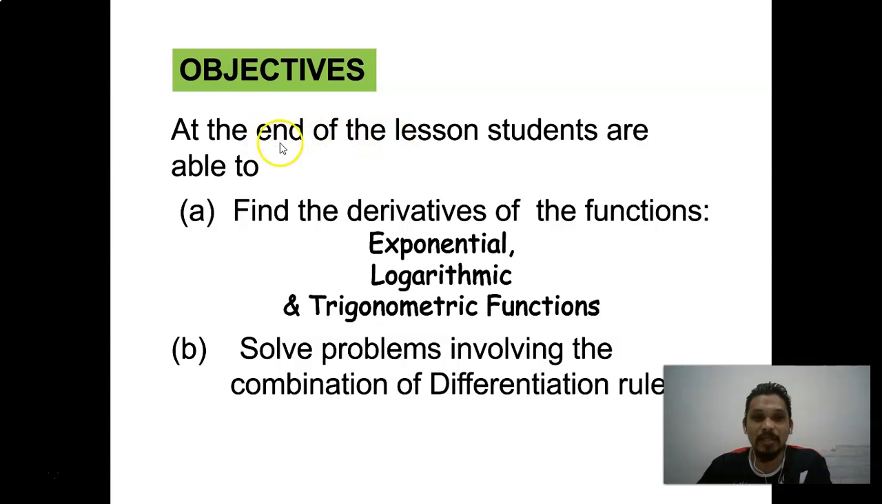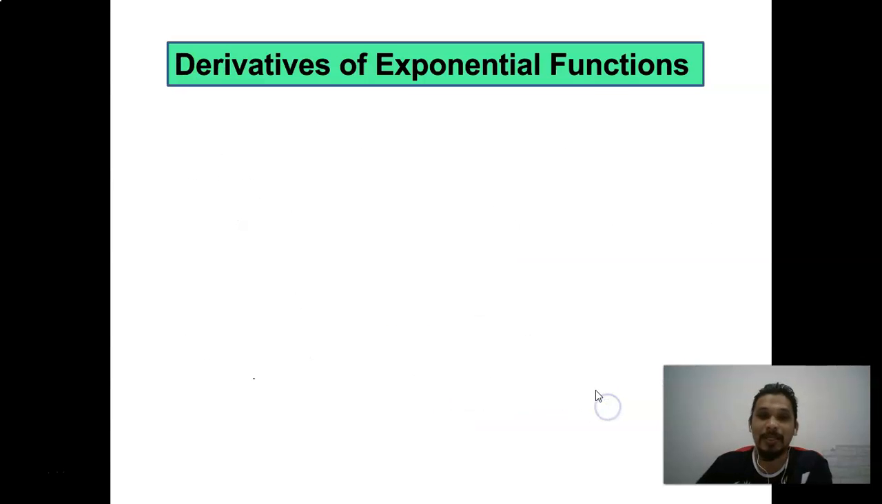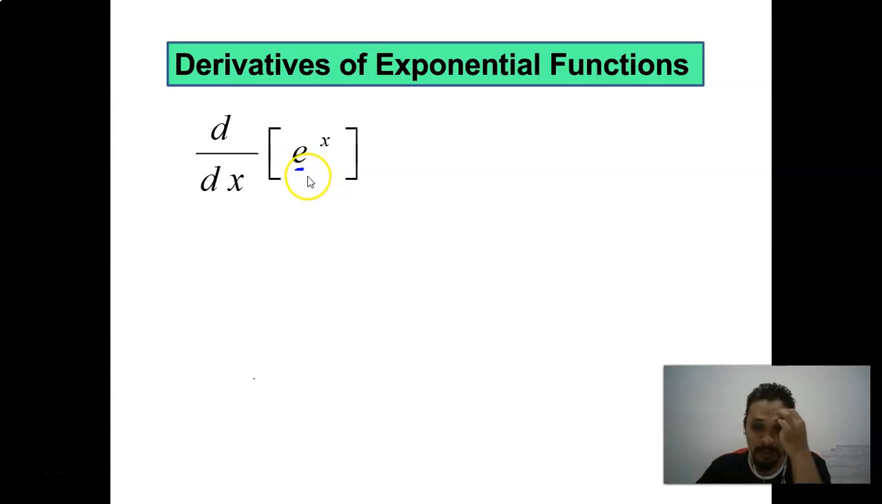So at the end of the lesson, students are able to find the derivative of the exponential, log, and trigonometric functions. So we can look into these three parts and solve problems involving a combination of differentiation rules. Okay, for the exponential function, the Euler's constant e with this special character of exponent, e to the